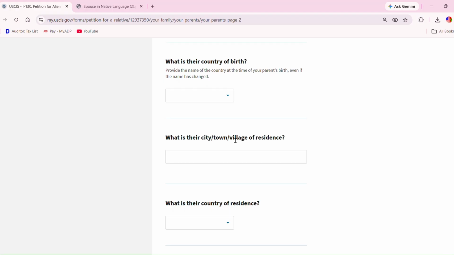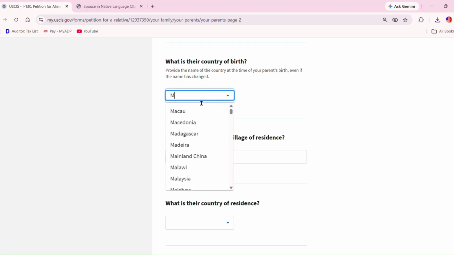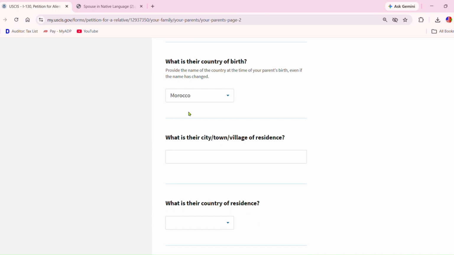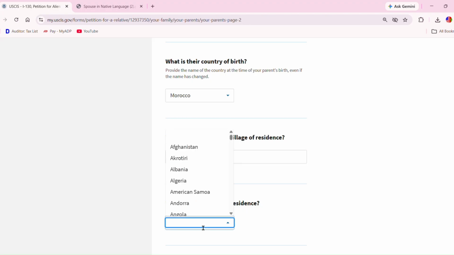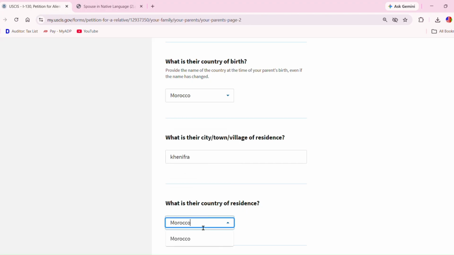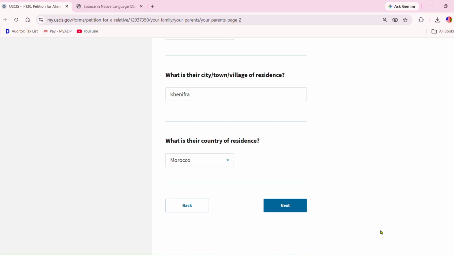What is their country of birth? It's Morocco. What is their city, town, village of residence? It's Kenifra. What is their country of residence? It's Morocco. Next,